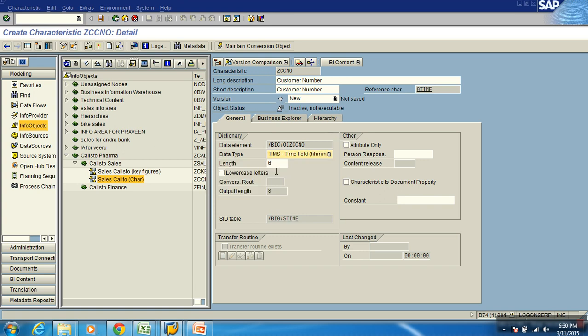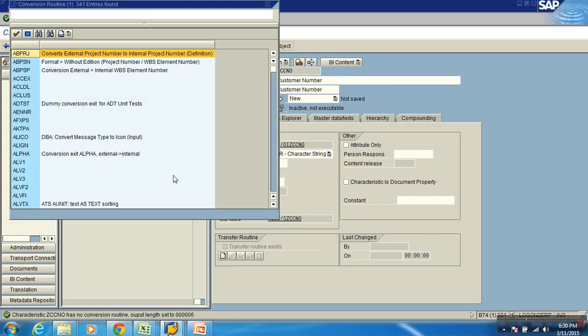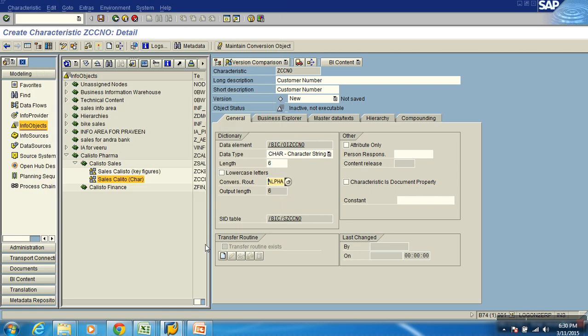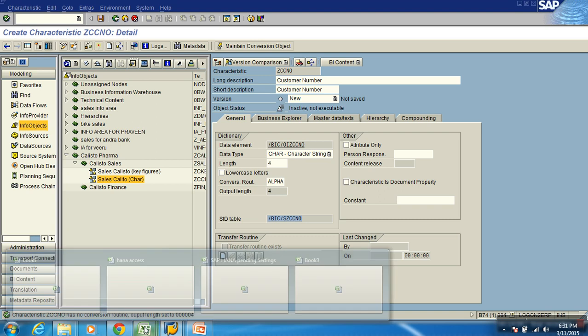Okay, what's done? And if we go with time, then what happens? Input length is 6, HHMMSS, but when it's showing out, length is 8, HH:MM:SS. So the output format is different again. Okay, done. I actually wanted length 4 here. Okay, now this, when it forms, it will have something called what?